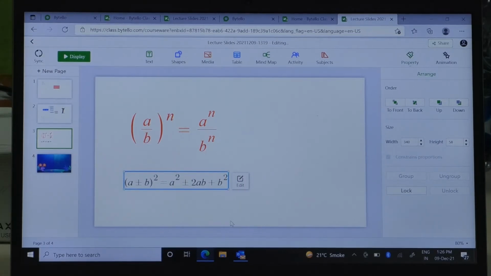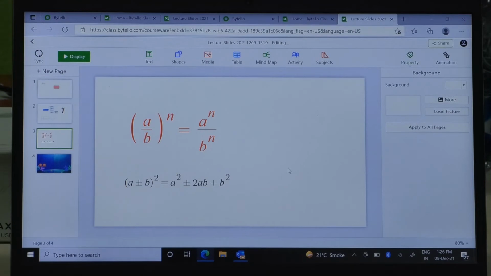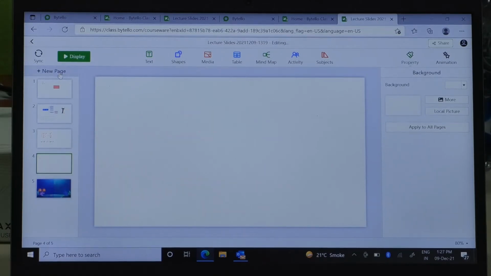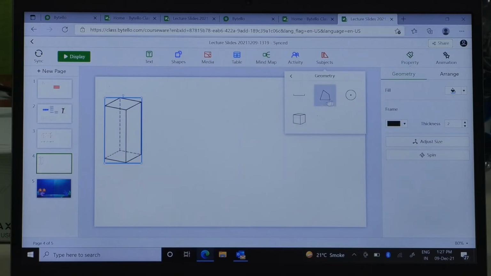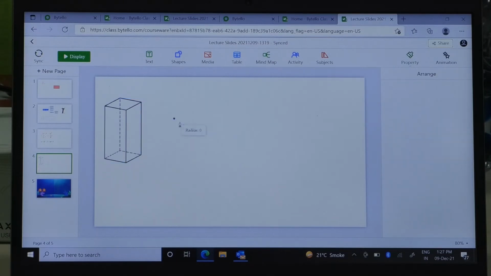So likewise, these are some tools that enhance your teaching capability, so that it can be easy to create lessons for the students. So it has a lot of subject tools, like it has some geometry shapes, so like this. Okay, and you can adjust these particular shapes. There are a lot of shapes that you have like this. So it is showing the radius also, you can just see